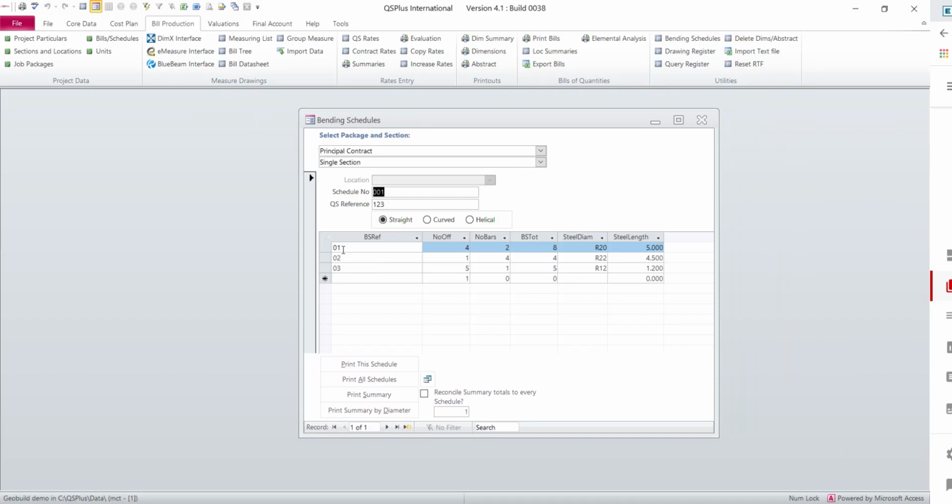I have already added in a reference from the bending schedule, the number of those references, the number of bars on each, and the diameter of the steel, which you get by selecting the drop down, and the length of the steel. And so you would carry on